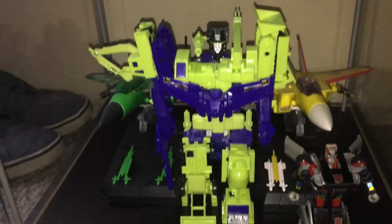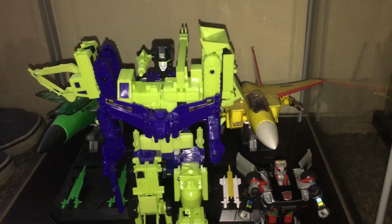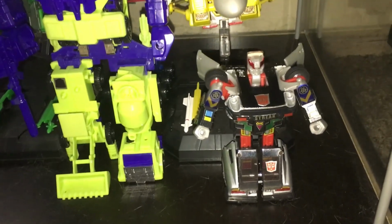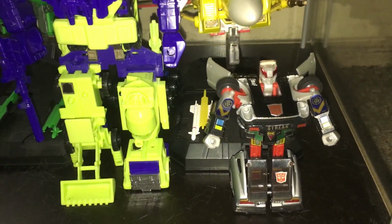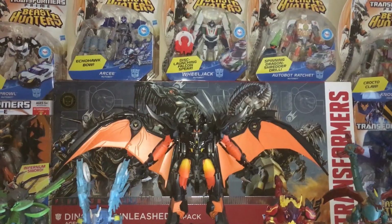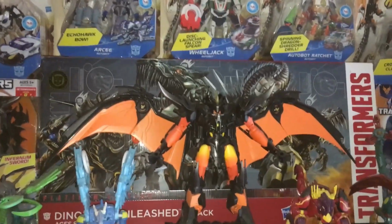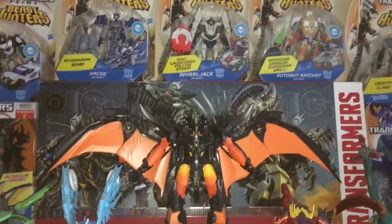I found this guy once. I was lucky enough to find him a second time, so I have one in the package and then one here. I'll show that off in a second. There's my Encore 2002, I want to say, reissue. And I have some of the other Walmart ones that I haven't opened yet, so I'll show those off as well. And top shelf over here is my Transformers Prime stuff,